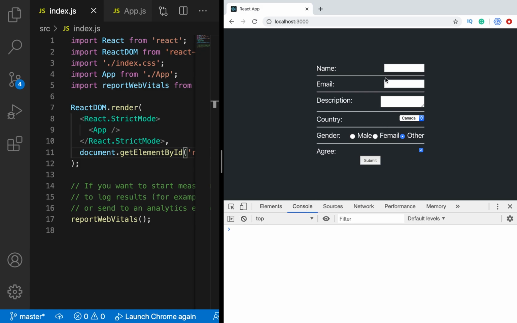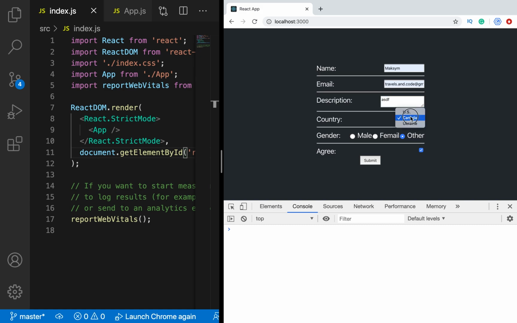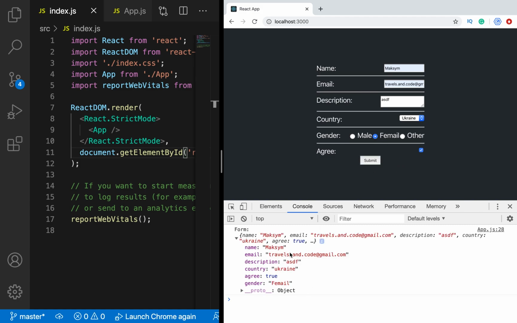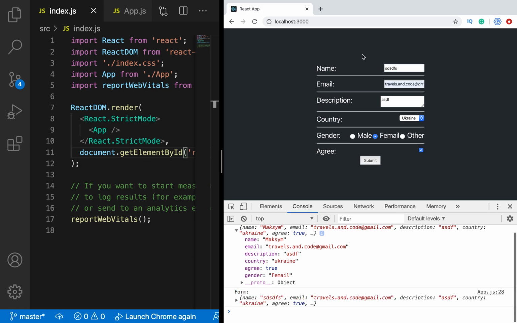And when we click submit with some value, we will have all the data we put. So this data is saved into the state and we can manage this data. Also, we will add some super simple validation for name. You can add the same validation for all fields, but the approach is the same. For example, when we type too small a name, we have some validation, and when we type a bigger one, we're deleting this